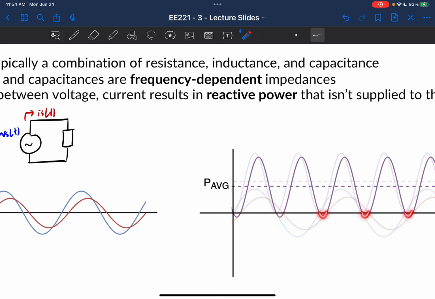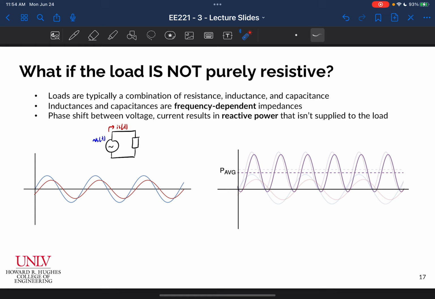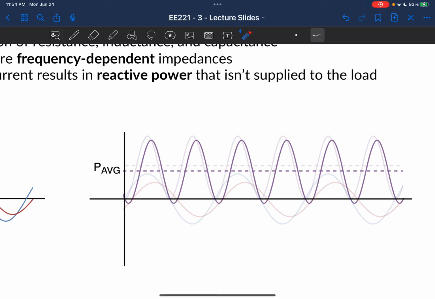And that means that power is not being supplied during that little time. Rather, it's being sent back into the source. Energy is not being dissipated by my load. It's being sent back into the source, and that occurs due to that phase shift between the voltage and the current, okay? And so there is obviously some issue here because we have the exact same signal height, like the